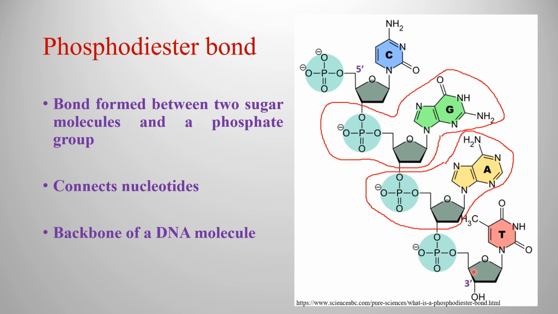And the nucleotide at one end of the chain contains a free hydroxyl group at the third carbon position of its sugar, and this end is known as the 3' end. Whereas the nucleotide at the other end contains a free phosphate group connected to the fifth carbon position of a sugar and is known as the 5' end. And still you can see the oxygen atom of each phosphate group contains a minus sign on it. Due to the presence of these negatively charged phosphate groups, DNA becomes a negatively charged molecule. And what we have seen here is a single strand of DNA.